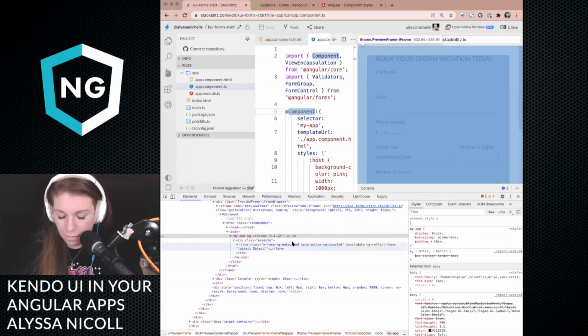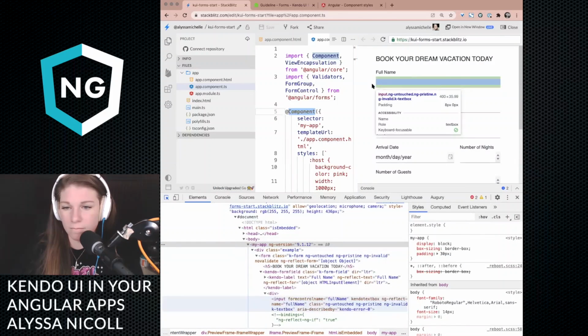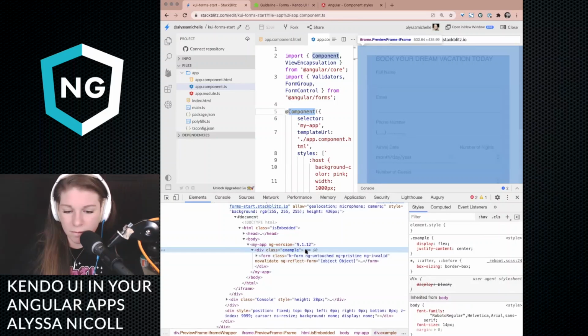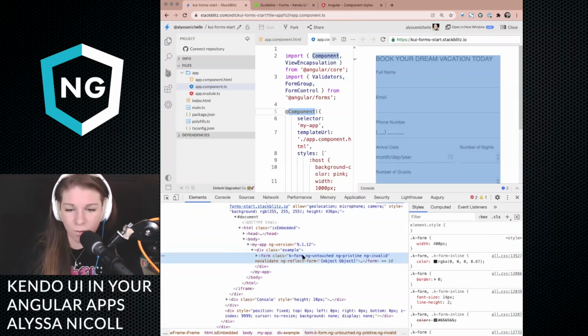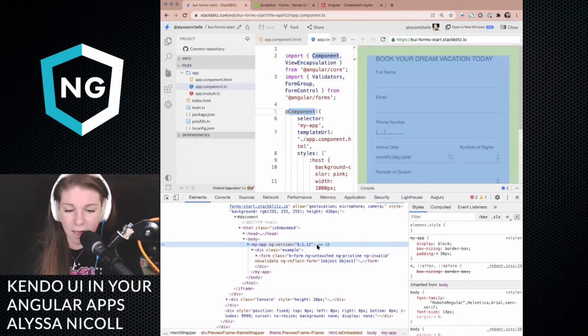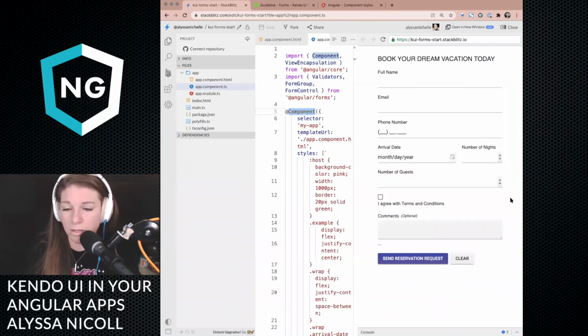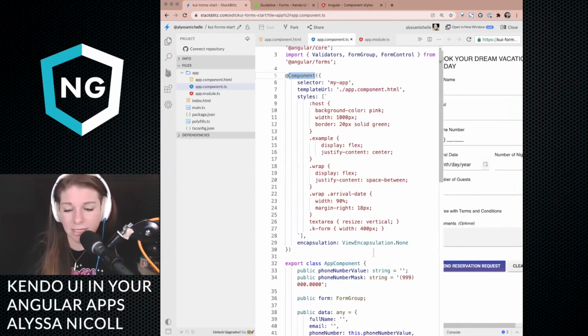If I go ahead and find our form, so here is our form. And then if we go up to my app, you'll see that you won't be able to find the styles anywhere. And so if we close this out, that's because we have view encapsulation disabled.